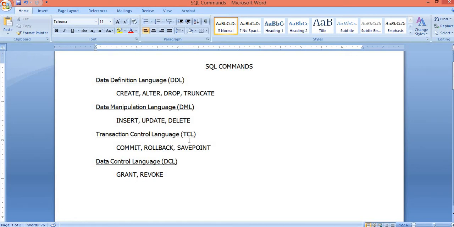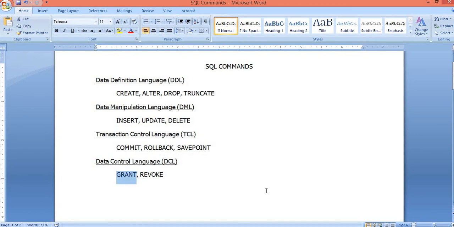Once after creating the users, if you want to give privileges to them, for example so the user can access my table or use certain commands on my table, you make use of the GRANT command.